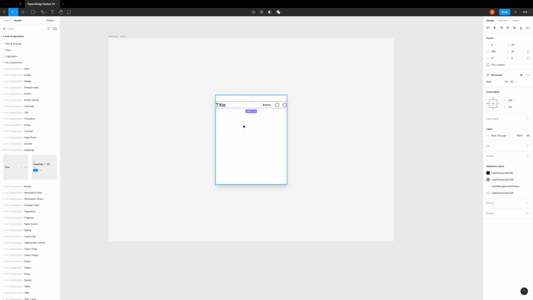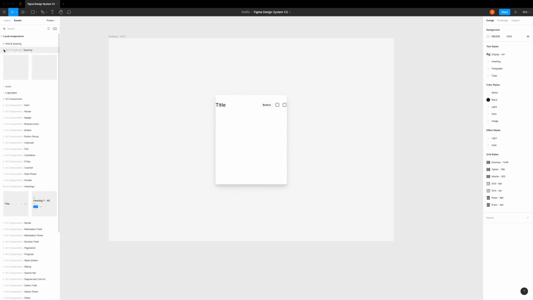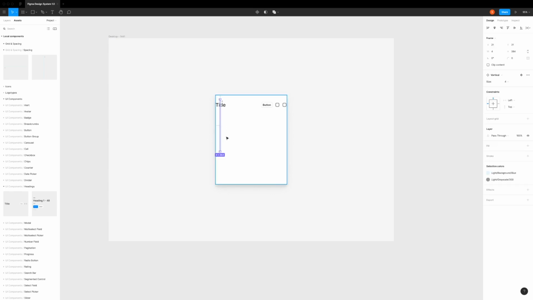There we go. Now, we'll also need this component to be 24 pixels away from each border. So there are two ways to do this. First of all, we'll go to the grid and spacing. There's a horizontal and a vertical. We'll choose the vertical and drag and drop it on our frame. This vertical spacing is 4 pixels, and on the right side, we'll choose 24 and align it to the left of our frame. We're going to select this, duplicate it, put it on the right side,